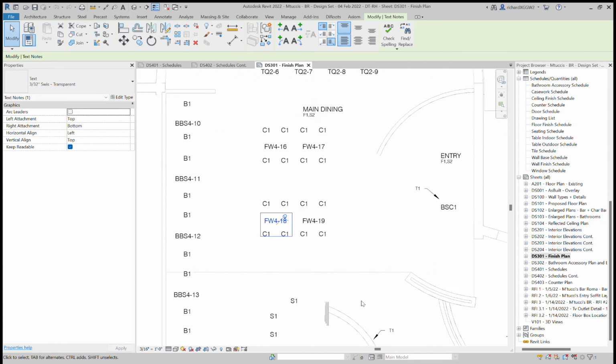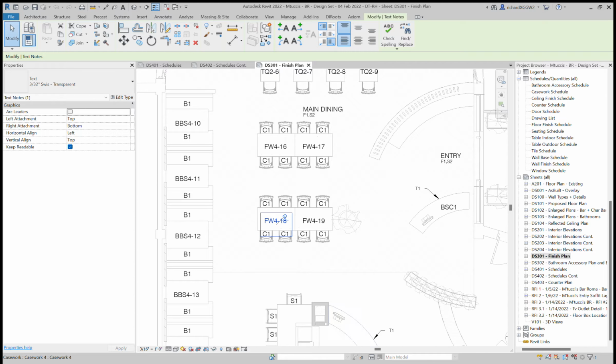After tagging these individually with text, what I did was put these into an Excel spreadsheet. Everything's labeled out. The reason these are all labeled individually is because they all have different types of chairs and different tabletop finishes. So it's imperative to get all that information. Even though these lists are very lengthy,